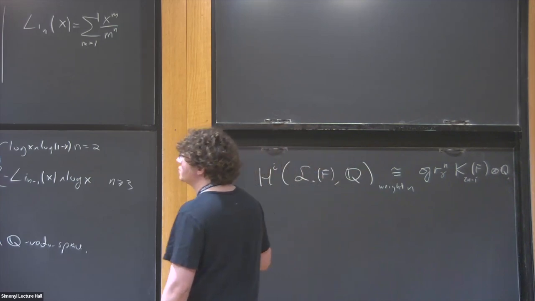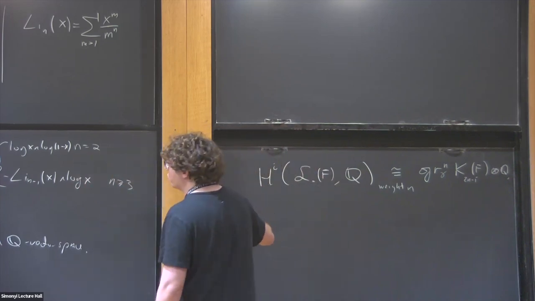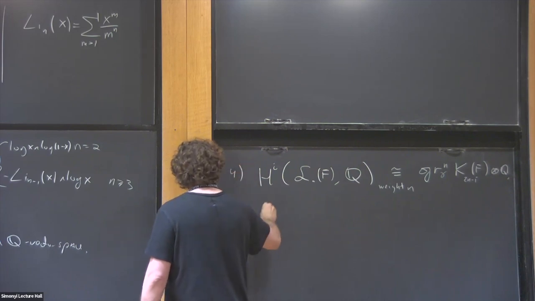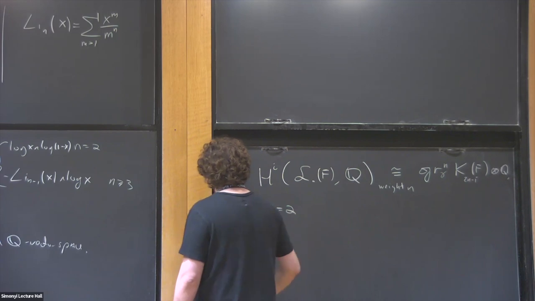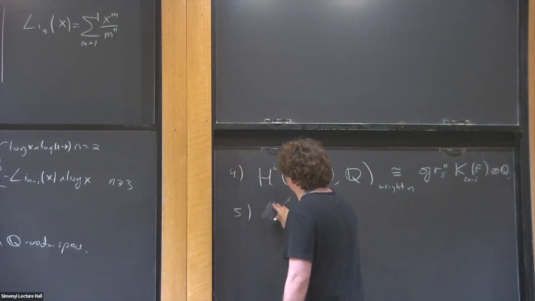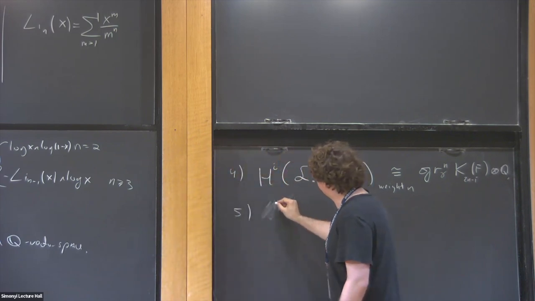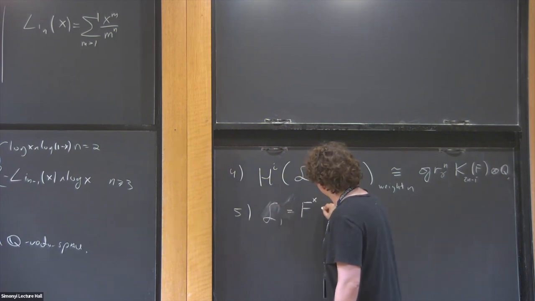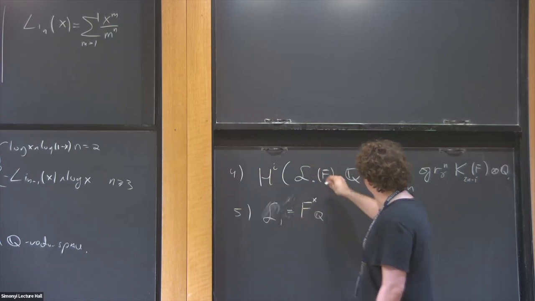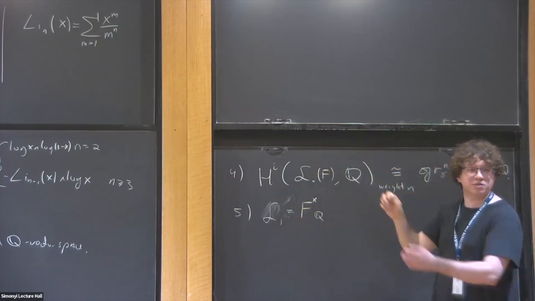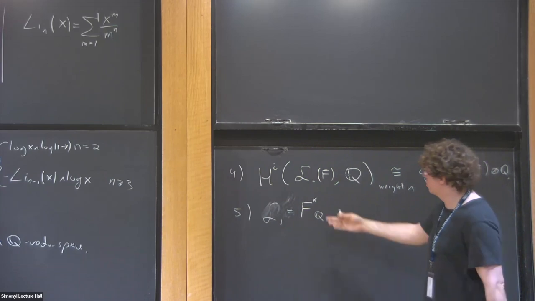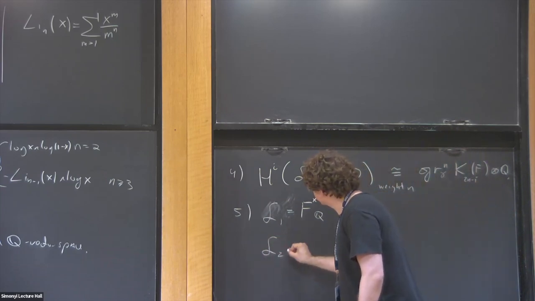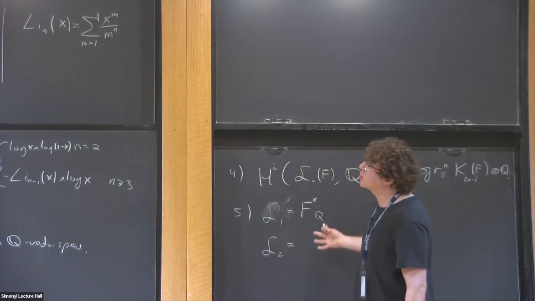Maybe let me add one more conjectural piece, about what happens for small n. For n equal 1, you expect that L1 is just F star tensor Q, and this is predicted by this computation, because in this case the cobar complex has length 1. So for n equal 2, you expect that this should have generators given by